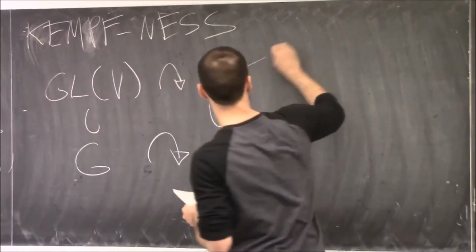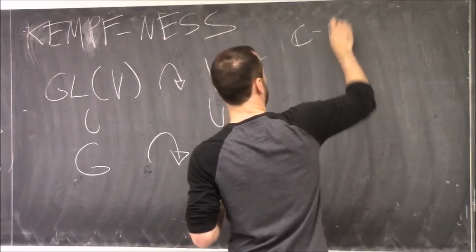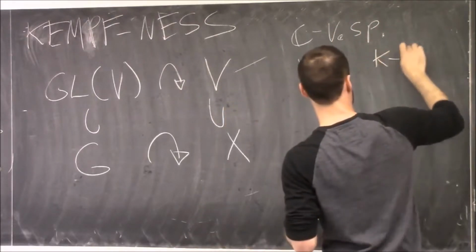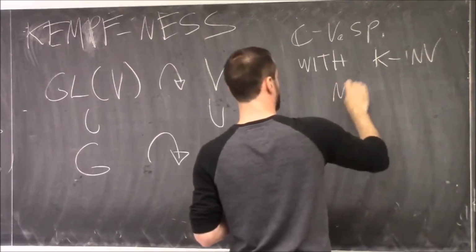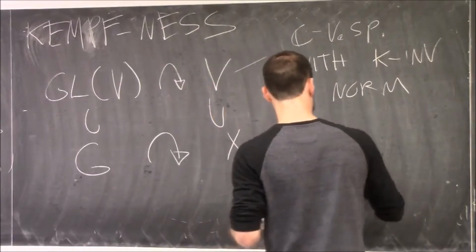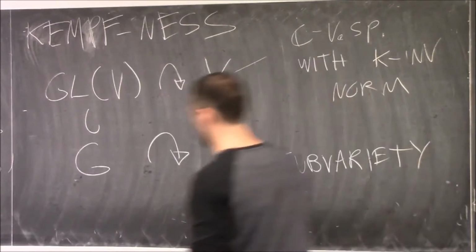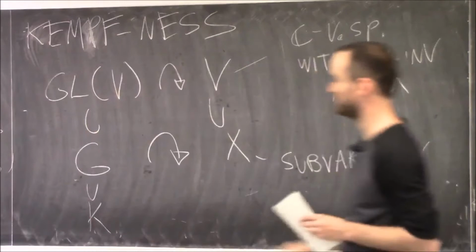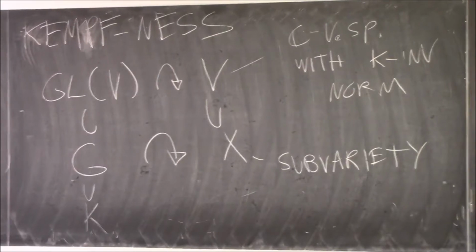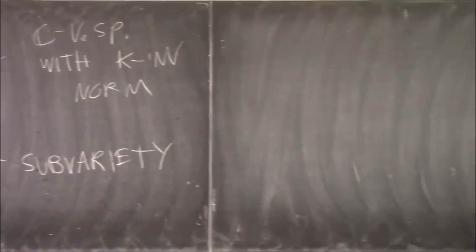So I'll say, so here V is a C vector space with a K-invariant norm. X is a subvariety. So here K, as usual, is a maximal compact subgroup of G. So this is kind of the general setup of this. And then it tells you things about closed orbits. So the theorem of Kempf-Ness,